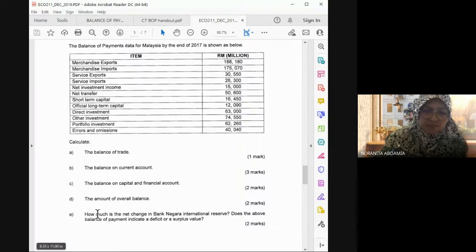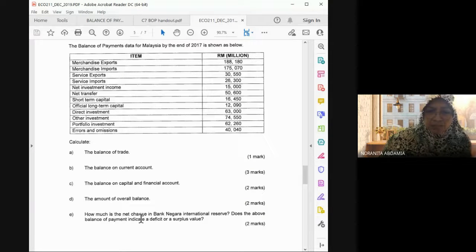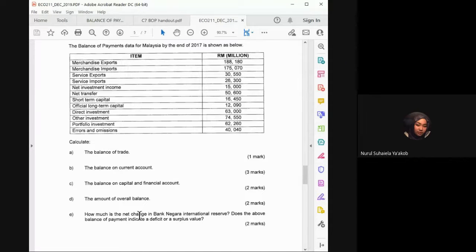So of course, for this first question, how much? How much, you don't need to calculate, because there is no asset item in here. But you know the figure. What is the figure? It will be the same as the overall balance. You don't need to calculate, but you know the two figures must be the same. So just put how much. But if the answer is positive, that means the figure will be negative.